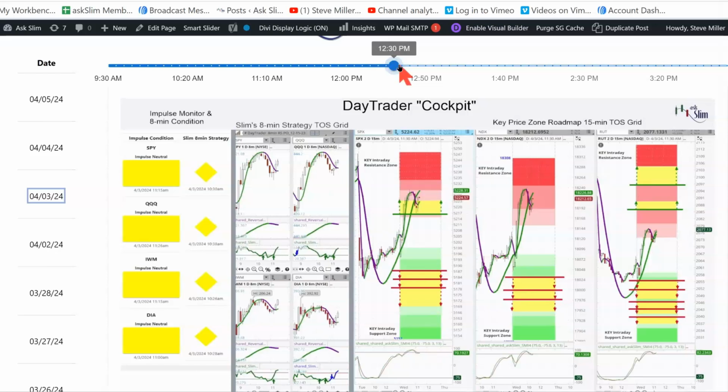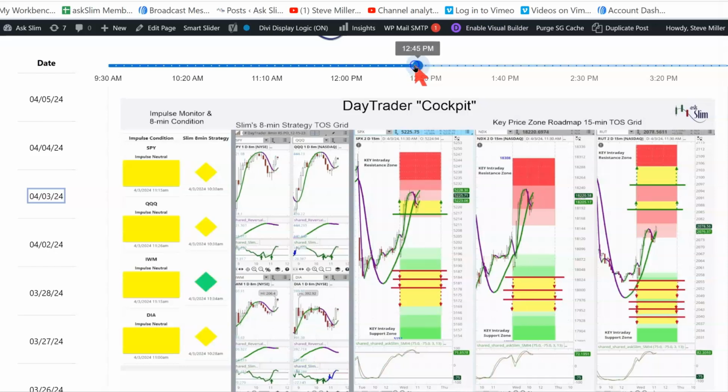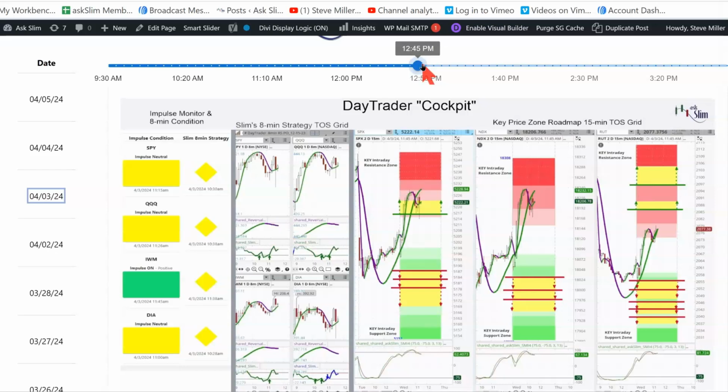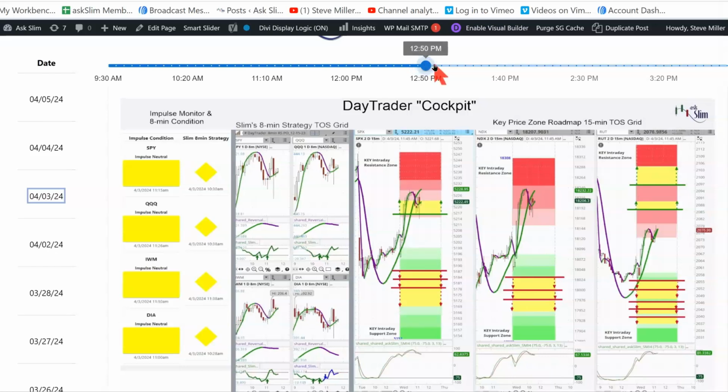You can see the resistance that you got there at the daily. So you had a decent trade. It wasn't a giant trade, but you could see the resistances were not real far away, so they started to stall in there. And here you see the IWM turning green right there. Trade is not on in there yet. So a little sense there's a little bit of buying coming in IWM, but then it disappears as I go